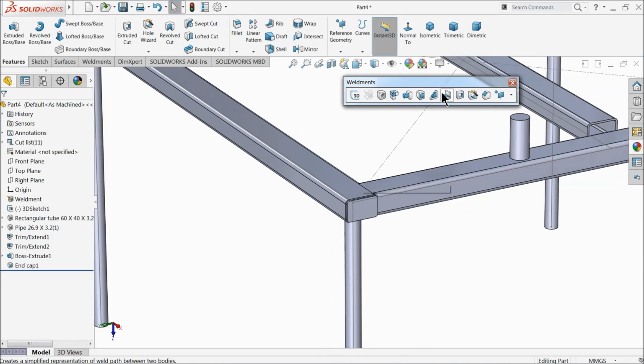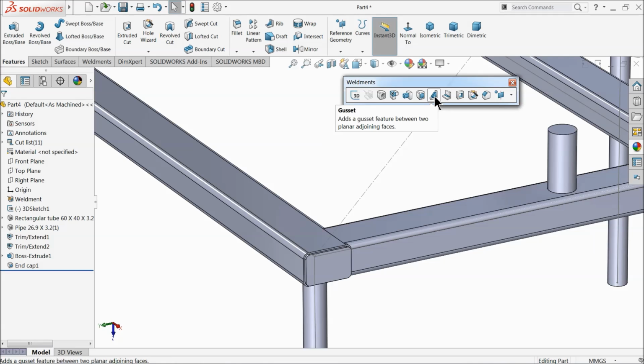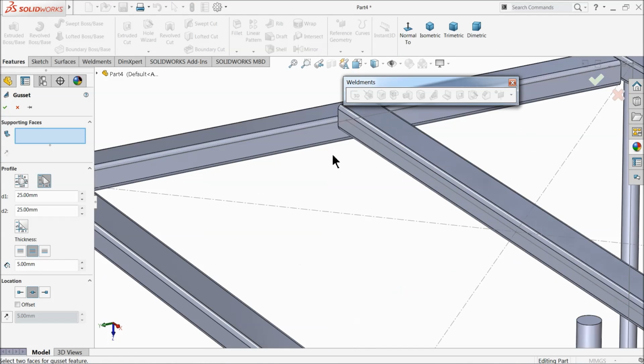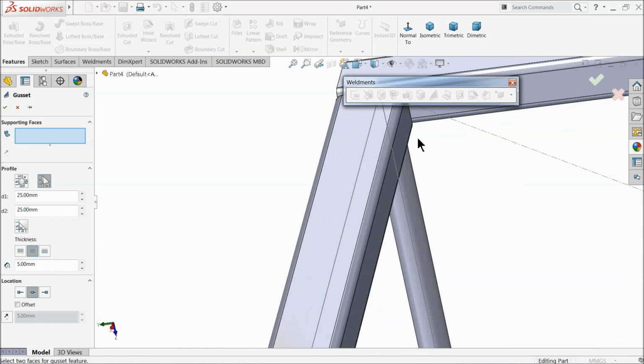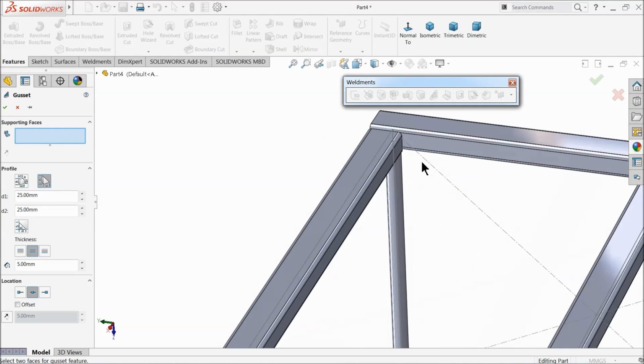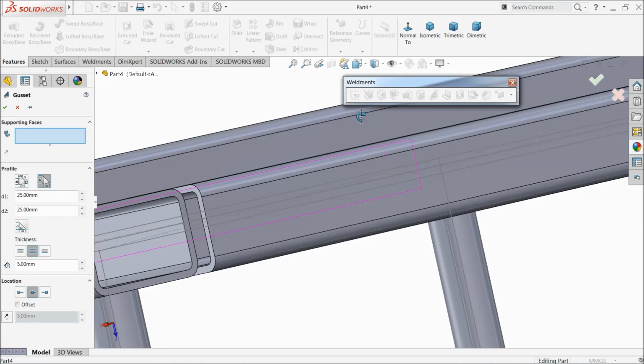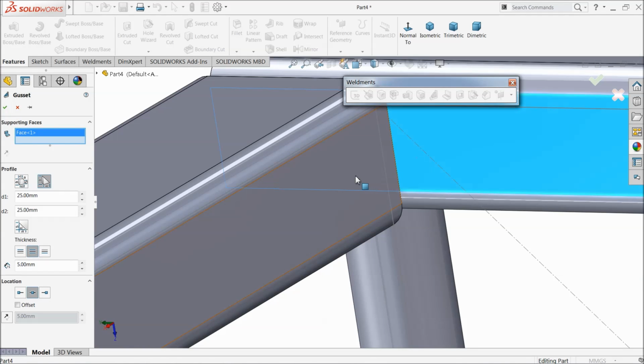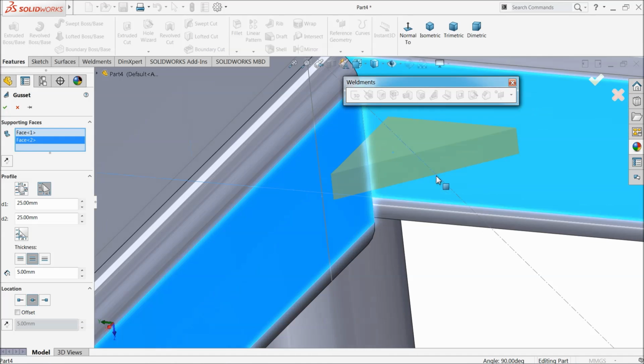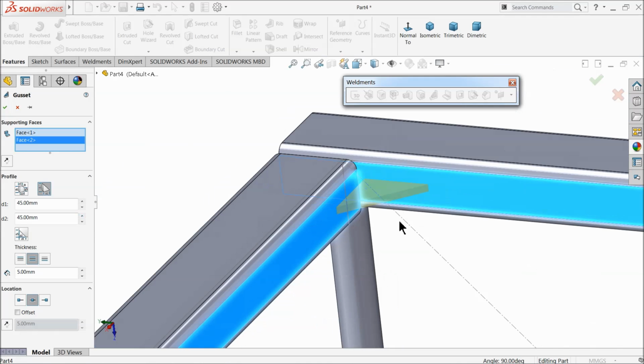Now again, the next tool is here, you can say gusset. Gusset is not much difference, it is just like a rib. If you choose gussets, let's choose the wall where we want to fix the gussets. Choose any corner. Okay, we will try to fix here. Select this wall and this wall. Now you can see the preview. Just increase. See,